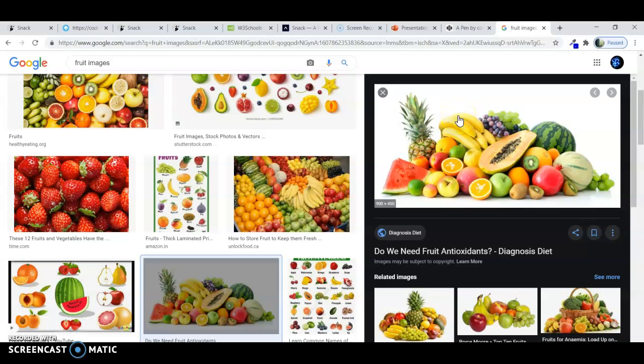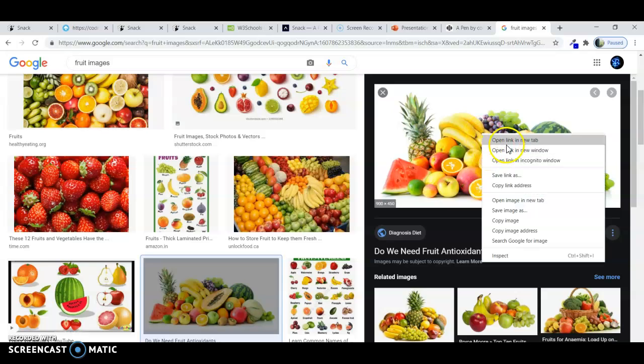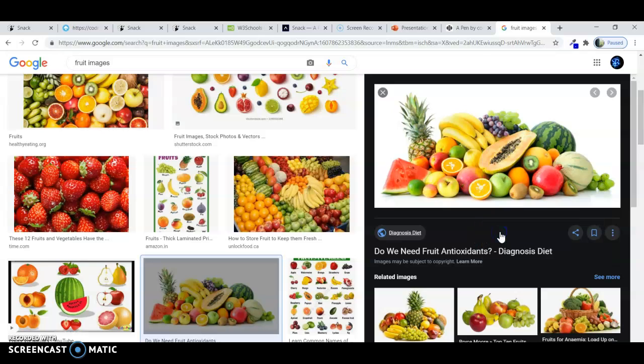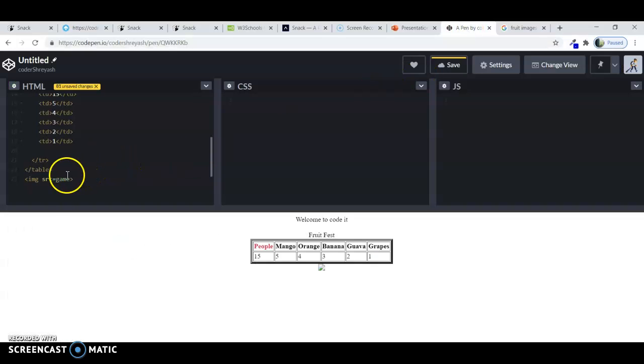It's simple. I just have to take the source of this image. So what is the source of the image? To find the source, you just have to right click on the image, and then a number of options appear in the dialog box. You just have to select copy image address. Click it once and the source is copied, or I can say the address of the image is copied, right? So just replace this game with your address, and yeah,